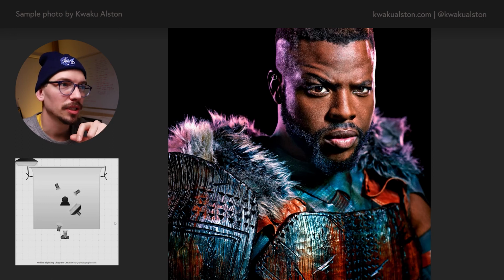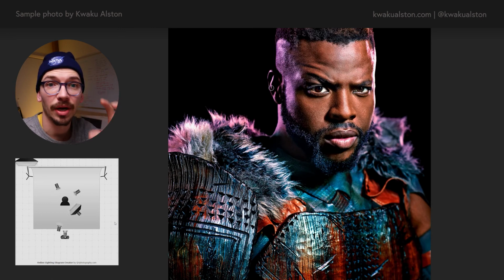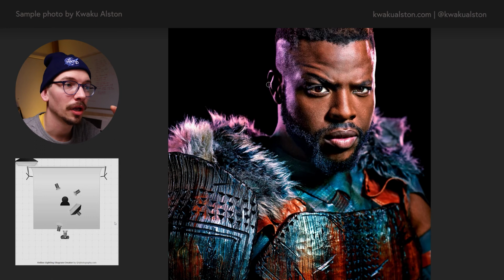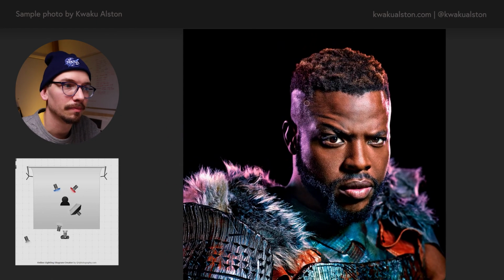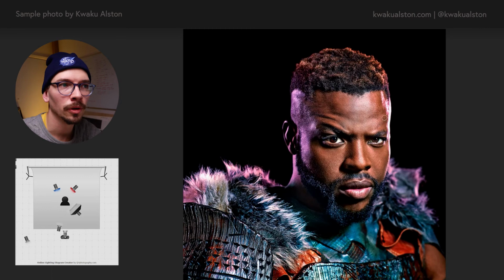If we go to look at these ones, the shadows are actually a lot harder than the ones on the nose. So this is probably like a bare light or a light with a reflector on it. Obviously, there's also some sort of filtered gel on it, casting this purple glow. And similarly on the hair and this side of the face, it looks like we actually have a warmer tone. So there's probably an orangey gel, and this one also, the lighting is very hard, casting a very clean line, and that implies it's probably a hard light.